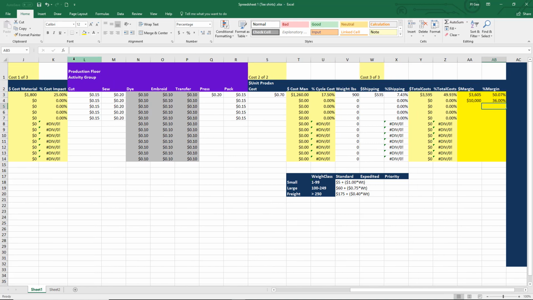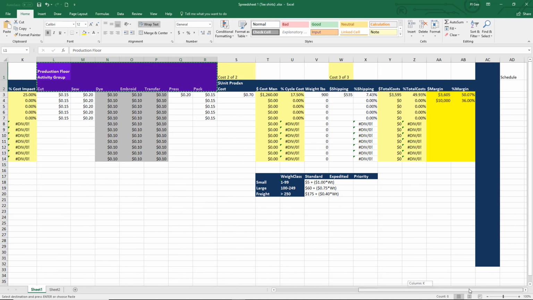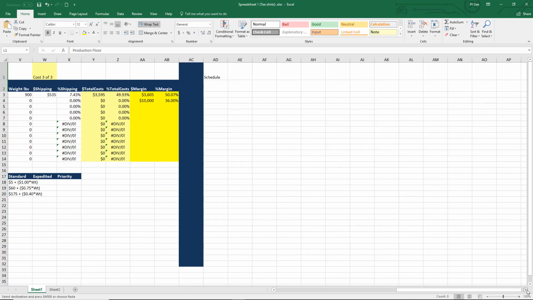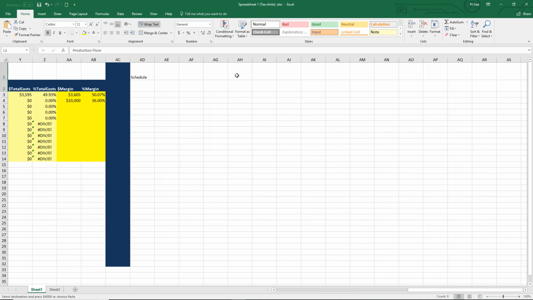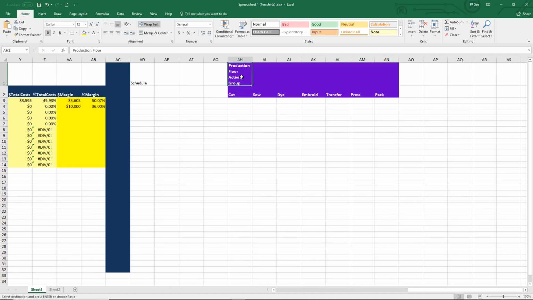And the only other advice I would give is you still need to do the whole scheduling, similar type of thing. In scheduling here, let's shift over a bit, and I'm going to copy those cells. I think I've got them copied correctly, right? Okay, so instead of production floor activity group, yeah, that's fine. Okay, so now instead of putting the costs in here, where we did that before, you're going to put in the cycle time. You put cycle times. You have to go through all these machines, and for T-shirts, because we're not using those